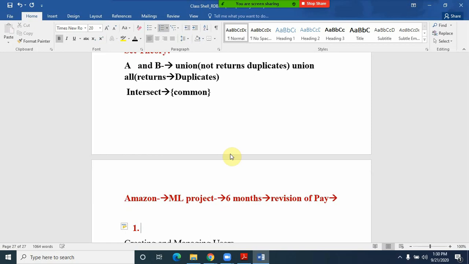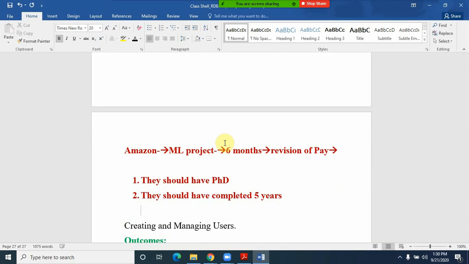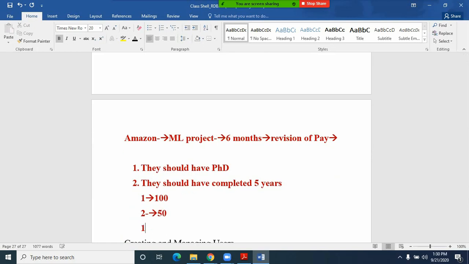The first condition is the member should have a doctorate degree, and the second important thing is they should have completed 5 years of experience. In the first condition, some 100 members were satisfied, and in the second condition, some 50 members were satisfied, for example, and both 1 and 2 were satisfied by at least 50 members, assume that.